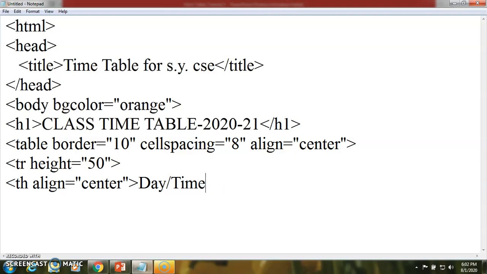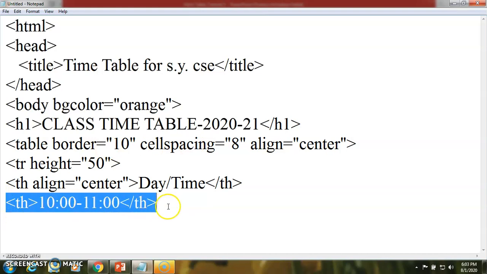So this is the first text in a table heading I'm going to add, so that will close the first tag as a heading. Then we have a second table heading, there we are specifying the time slot. So the time slot may be like this way. So here one by one we can add the time slots, as we require in a table.